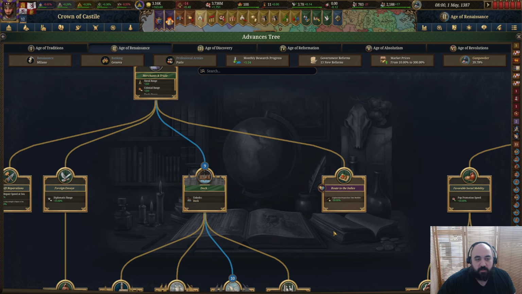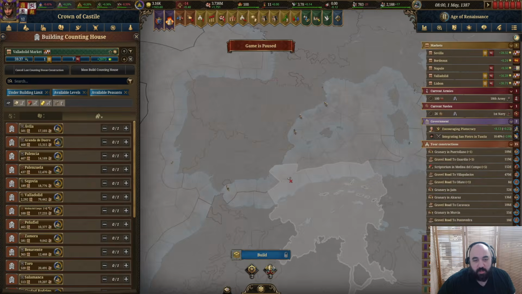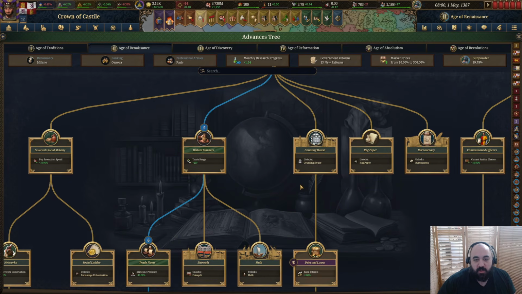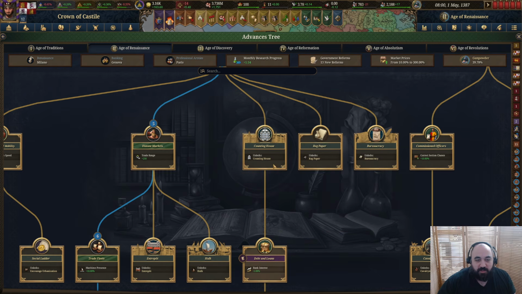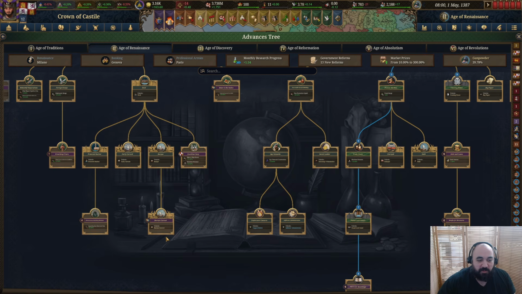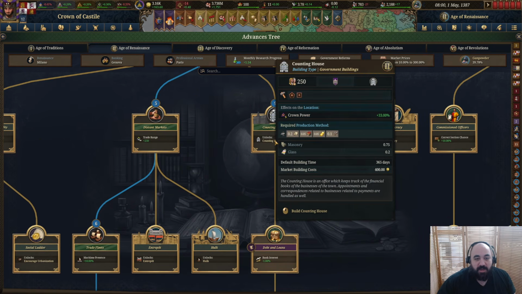Before going for Caravel, we will go for Counting House, which is one of the other big techs here. I don't like that the UI does that sometimes. If we click directly on the Counting House, it goes to try to build it, but we don't have it researched, so we obviously can't build it. But Counting House is very important because it gives plus crown power in locations. It has to be built in urban locations,